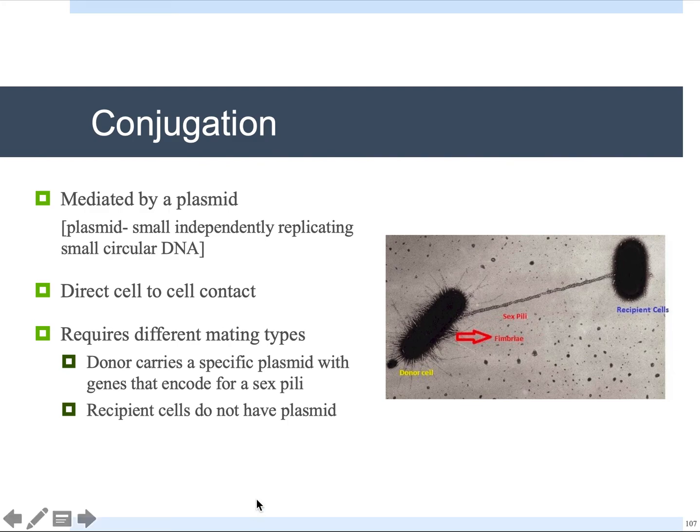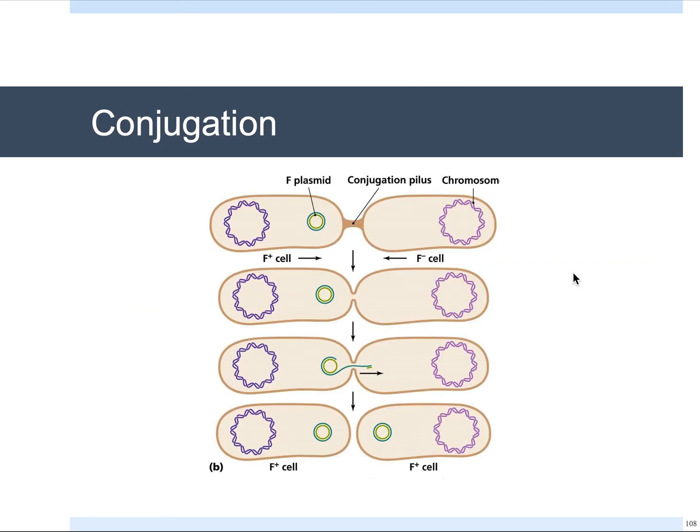Then there is conjugation, where there is a need for a particular plasmid. It has to be mediated by plasmid. In addition to that, in conjugation there should be direct cell-to-cell contact, and of the two bacteria, one should be a donor and one should be a recipient. So it requires different mating types, a donor and a recipient. You need a sex pili. In E. coli,